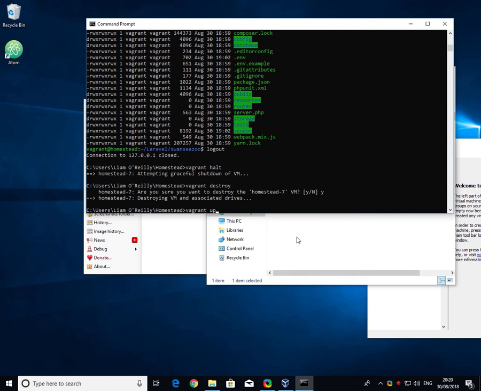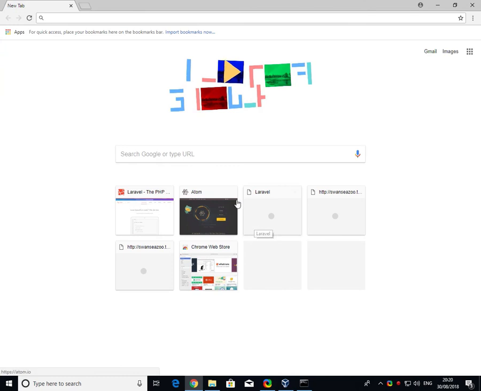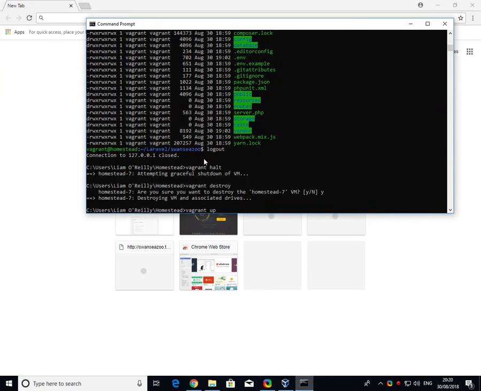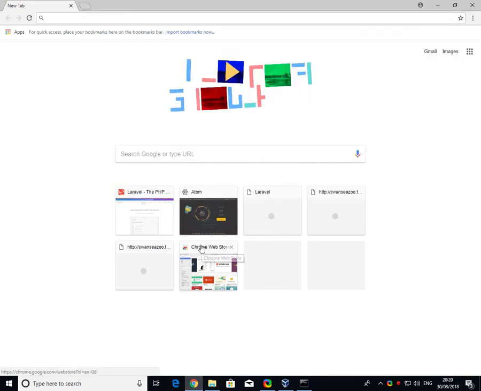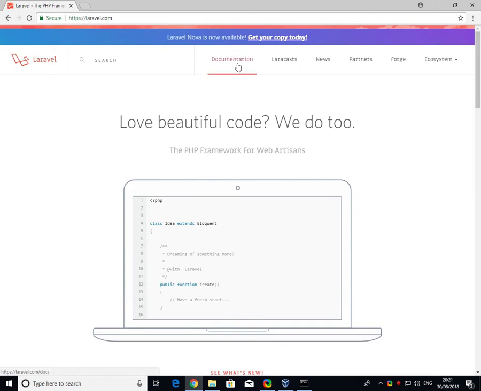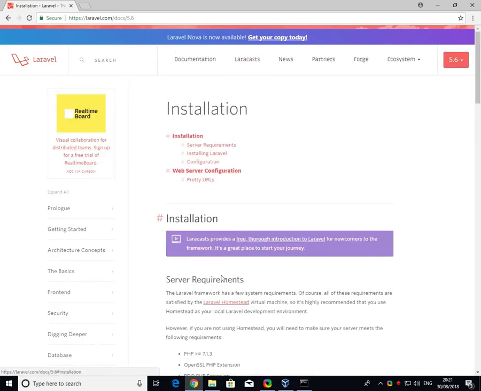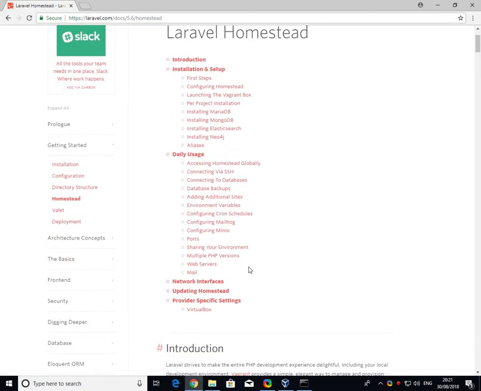The final thing I want to mention is if you change the homestead.yaml file after you've created the virtual machine, yes, you can go and destroy it and then recreate it by typing vagrant up, but it takes time to do the vagrant up fresh. It takes time to re-import the box and set it all up. So if you go to laravel.com, go to the documentation, go to Laravel Homestead, then you can see down here there's